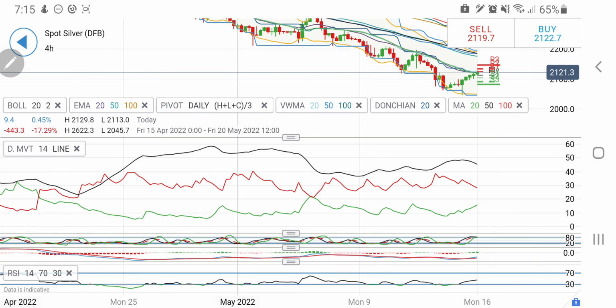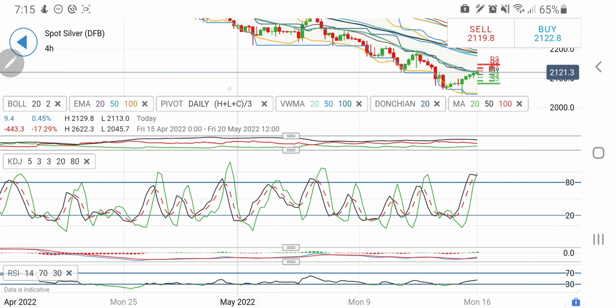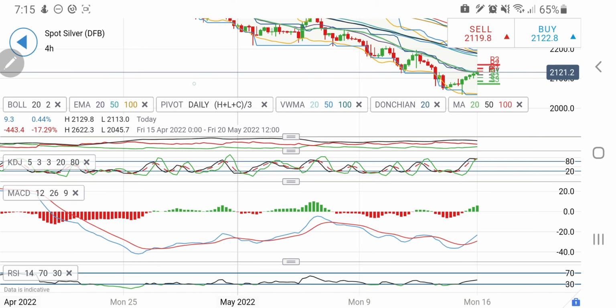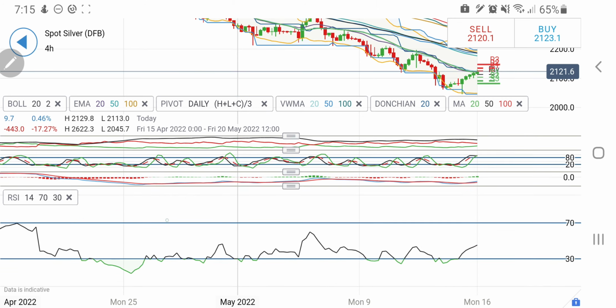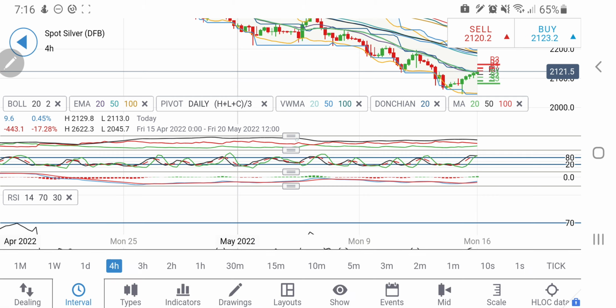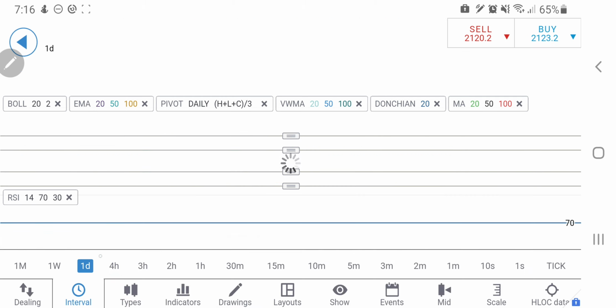The 4-hour directional movement is trying to converge and cross over, extremely overbought here, and stochastic is overbought. MACD has just crossed over and it is wide and divergent, indicating bullishness here. RSI is looking upwards. Coming back to the daily charts, on the daily charts,